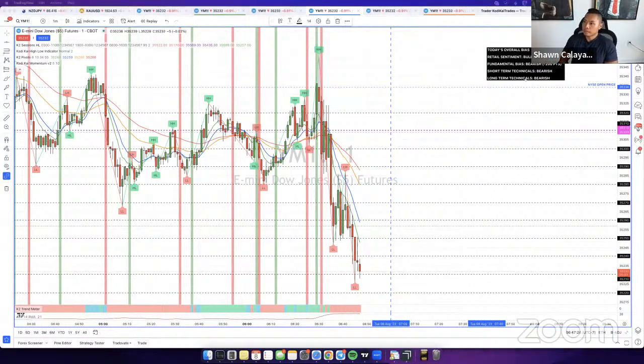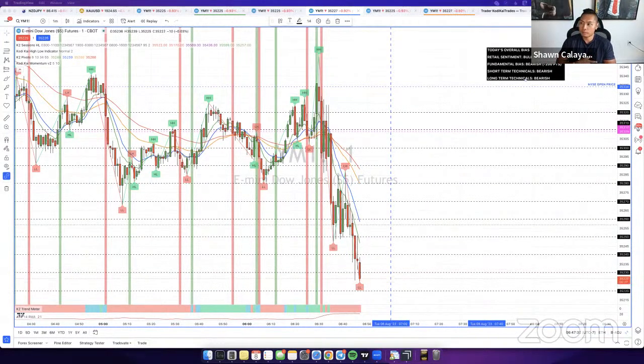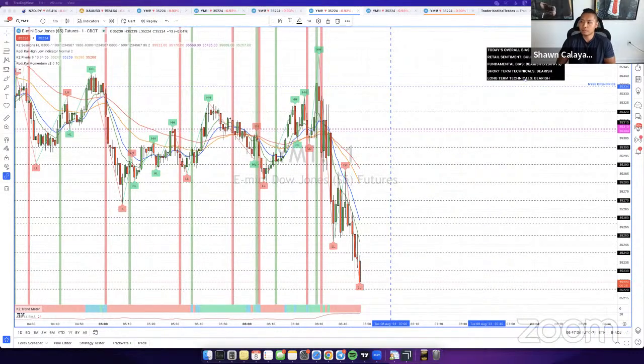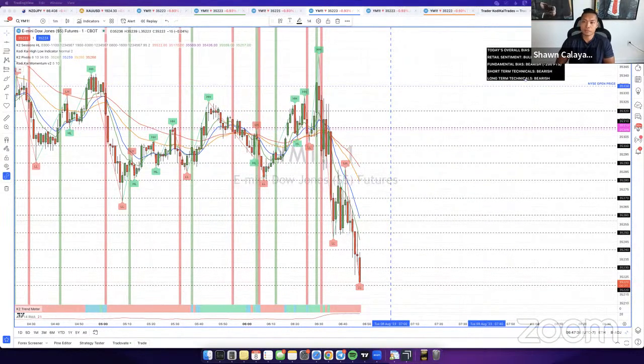So again, guys, if you guys are just joining the room, or if you didn't hear what I was mentioning earlier, there's a copier for Tradovate. I have 2 accounts with Top Step. I haven't used my second account because I've just been trading on one, and I haven't been taking too many trades. So my main focus for today would probably be my Top Step. I'm going to try to enter and use the copier.